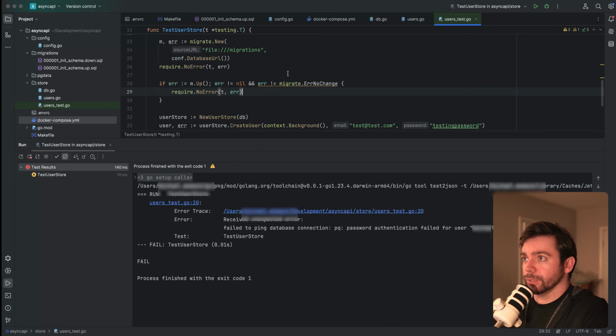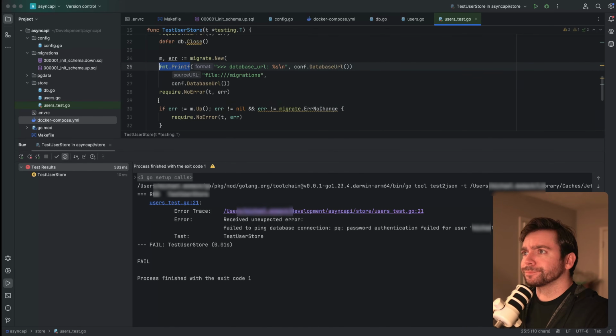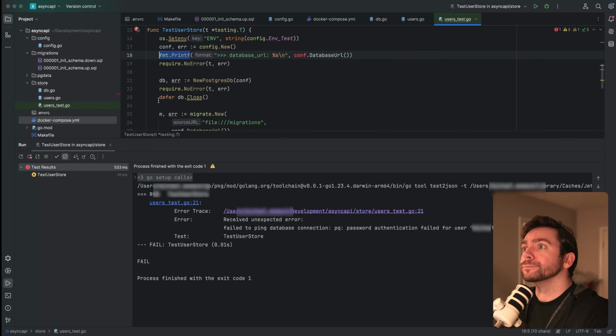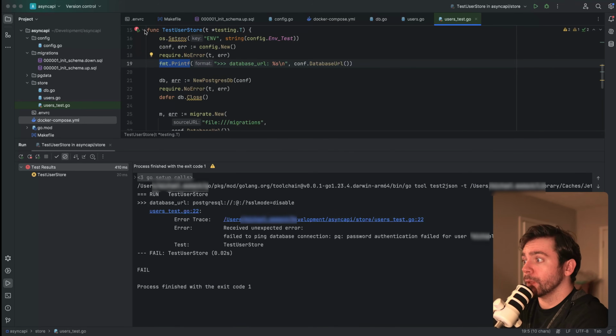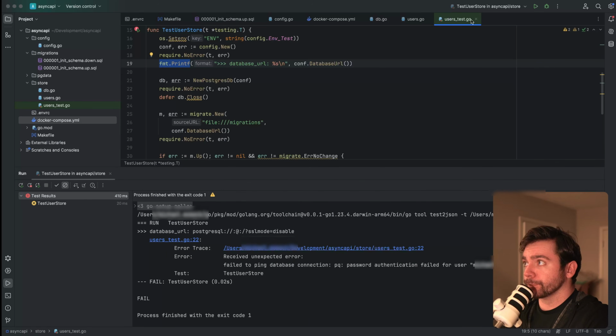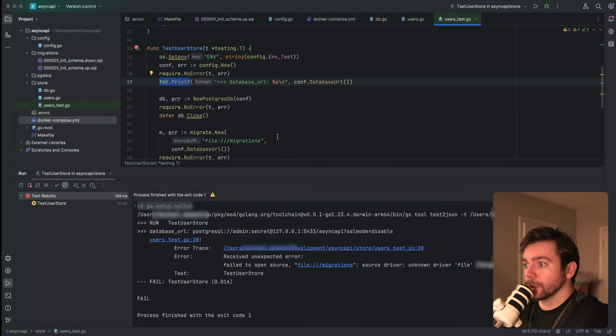That's annoying. Let's do this. Let's fmt.Printf. Okay, so none of these environment variables are being loaded. Enable direnv. Okay, so